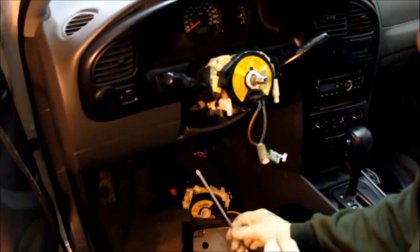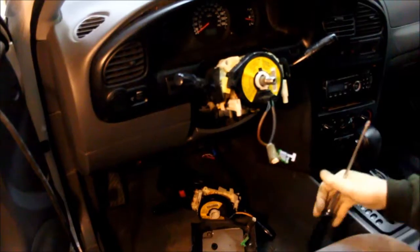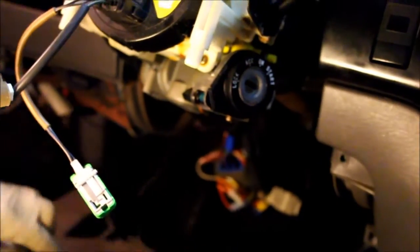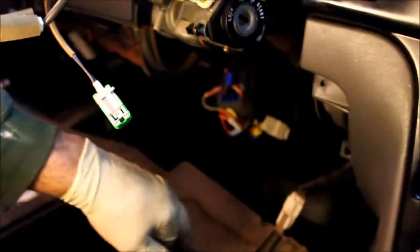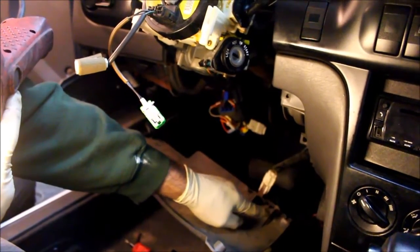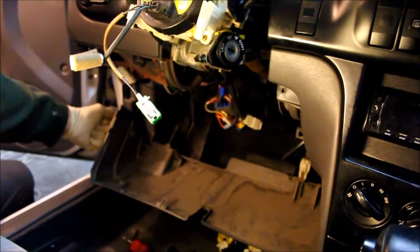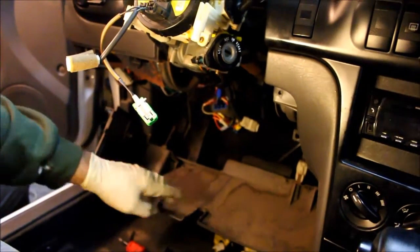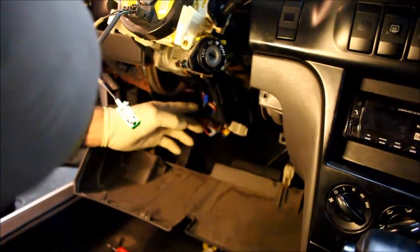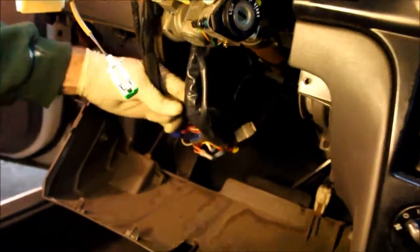It's a couple of Phillips screws and then it just pulls right off. This came off pretty easily. There was a screw in the top right corner, the lower right corner. Over here on the side there was a 3rd screw, and a couple of clips, and it was pulled right off. Now bend this thing back a little bit, and here are